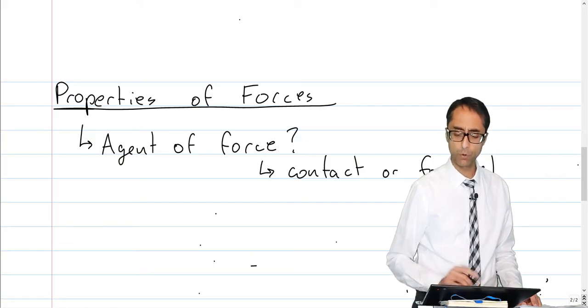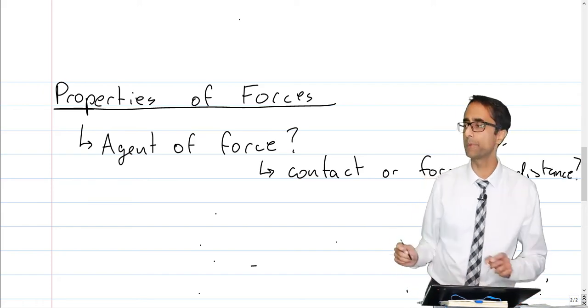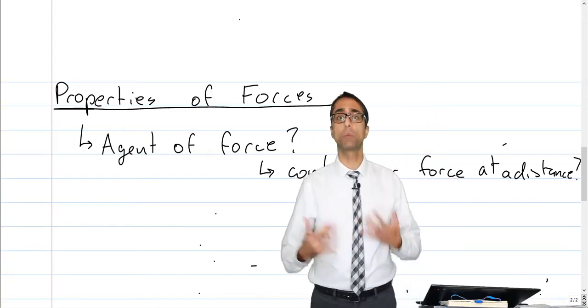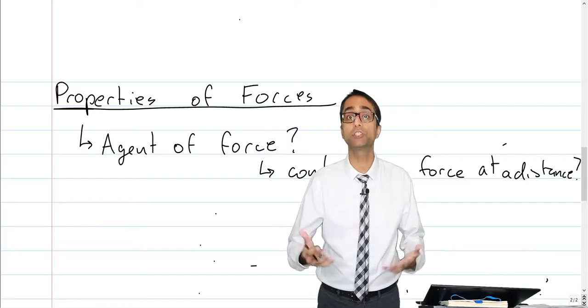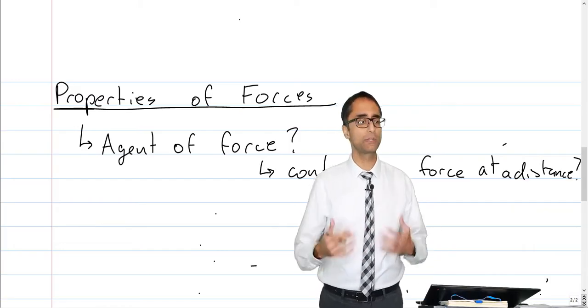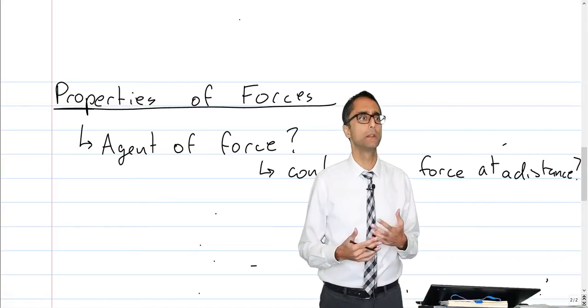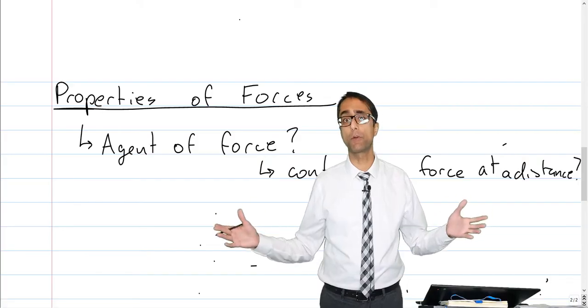How do you get force at a distance? And what we mean by that is simply the sun is responsible for the Earth orbiting it, but we're not touching the sun. The sun is creating a force at some distance. So I want us to start thinking about how things can affect one another from far away,